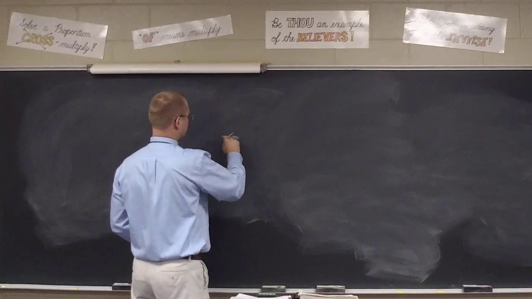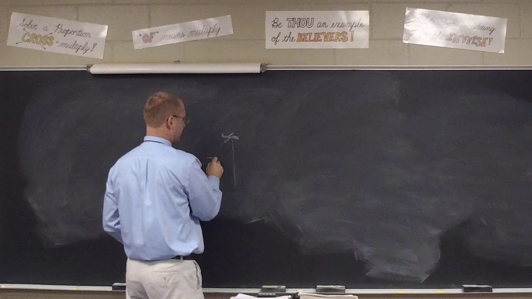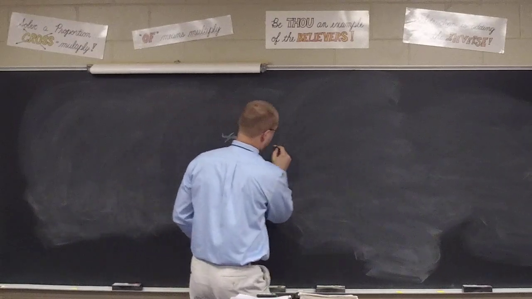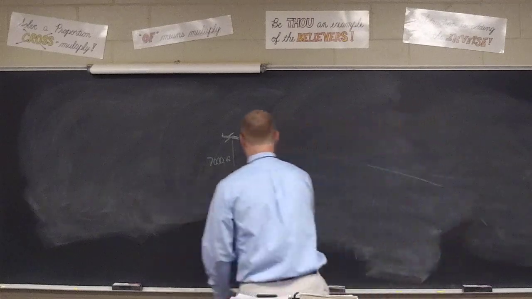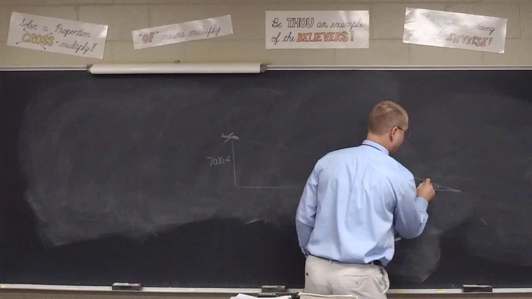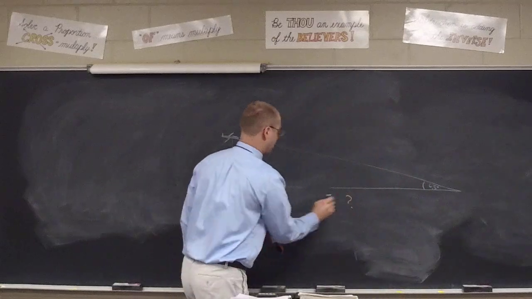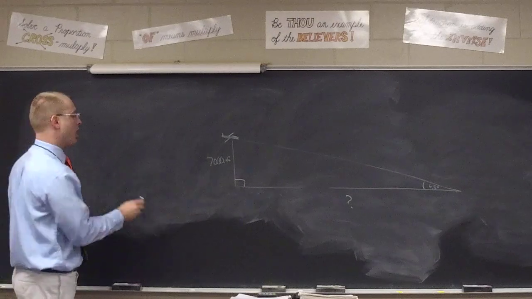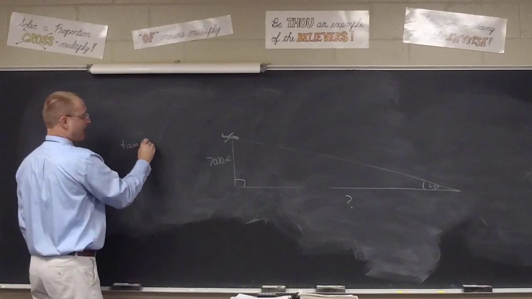Plane, wings, tail, okay? He's at a height of 7,000 feet, okay? And if we track all the way down here to the runway, it's a 6.5 degree angle, correct? And we're finding this right here. What trig function do we have to use, class? Tangent, right? And we'll say that the tangent of 6.5 degrees